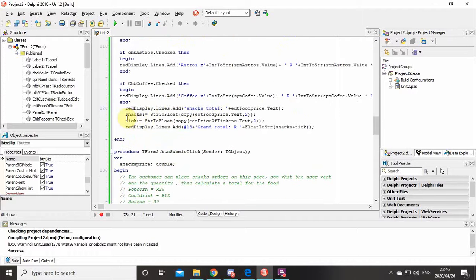So then I said snacks is, let me begin here. I copied from the second position in edt food price.text. So in my edt food price there is an R, a space, and then the value, or the price. So what I did is I cut off the R and the space, and I started with the next